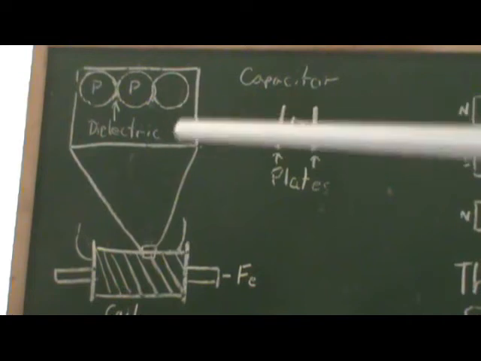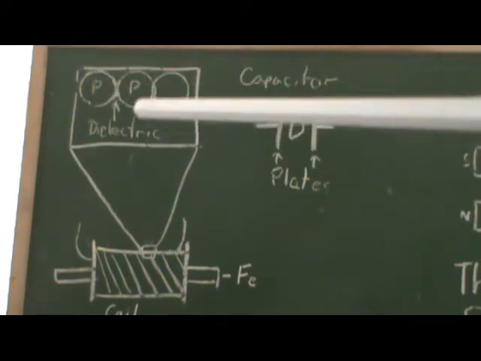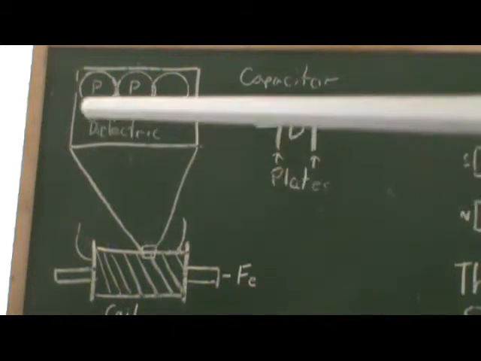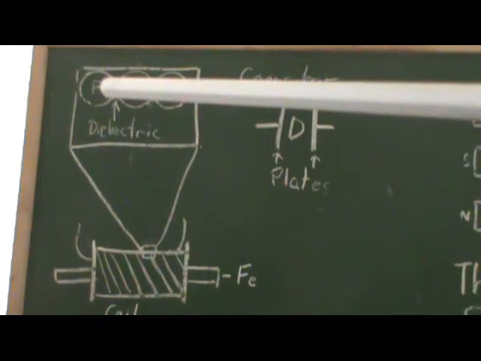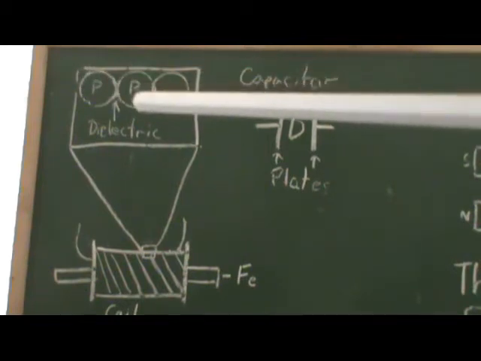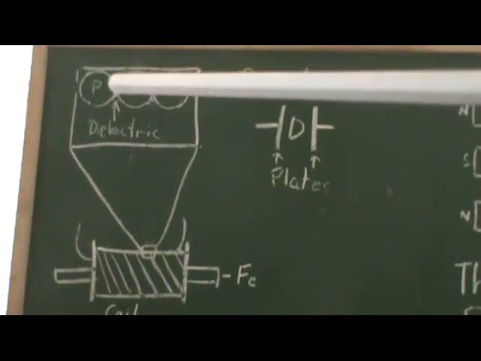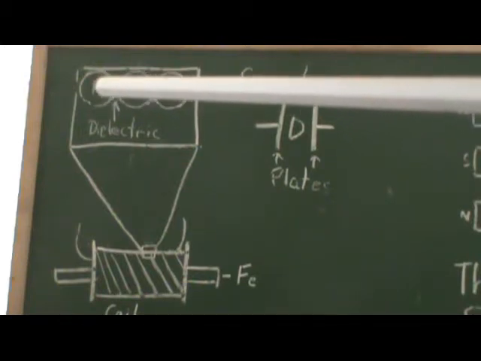From here to here, there's another winding for it to get there, which results in a small difference in potential. This section of the wire is going to have a slightly different potential than this section of wire because